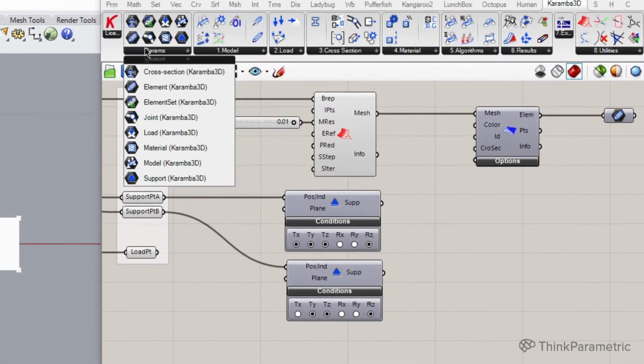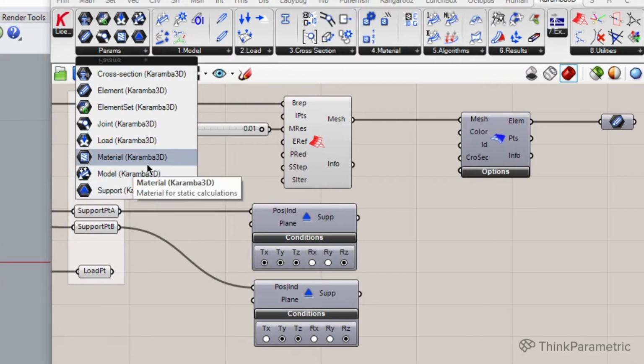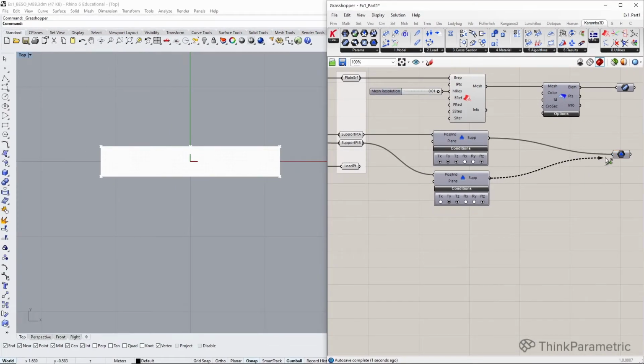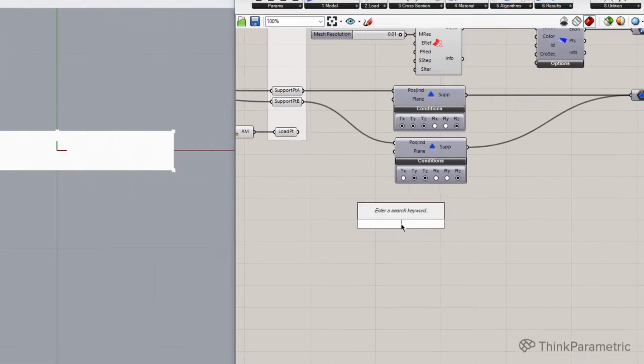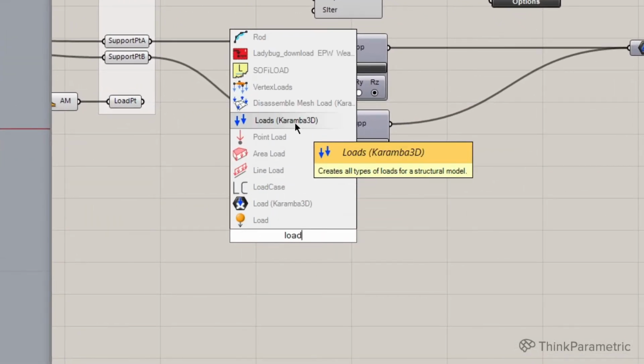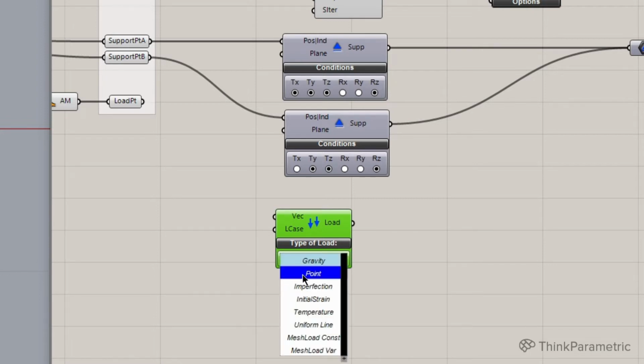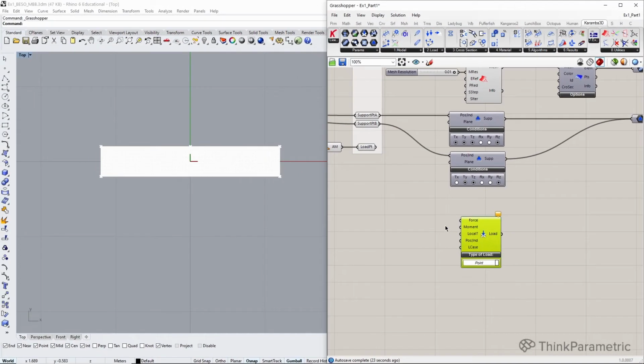And now I can create again, using parameters, our connection component that is support. And with Shift, I'll plug these two supports here. And now it's time to create a load. For that we have a specific component called loads. As a default it's a gravity, but when we click this drop down menu we can choose different options, and for now we need a point load, and to specify our point load we need a force and we need a position. So for the position we have already our load point here, perfect, and now the force should be going in Y direction.